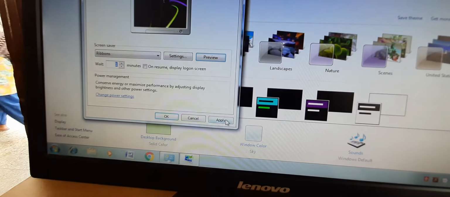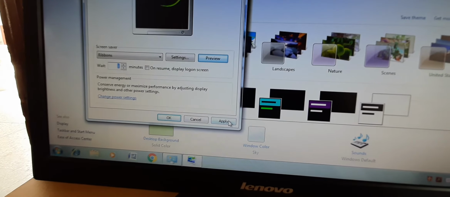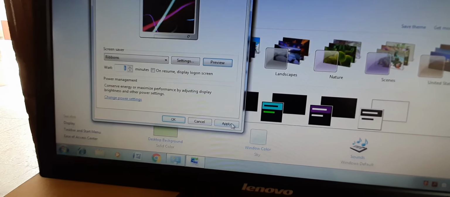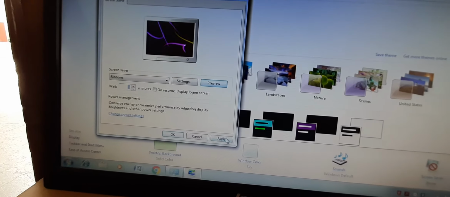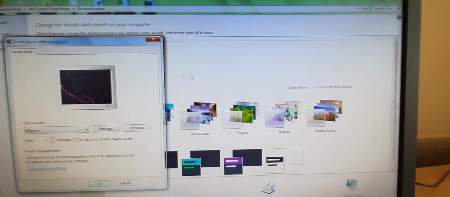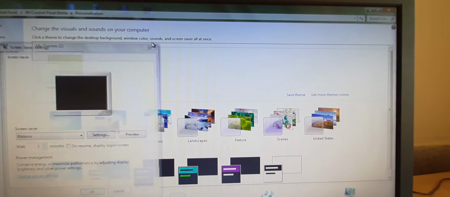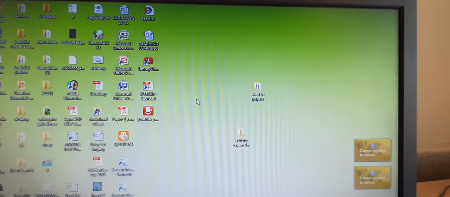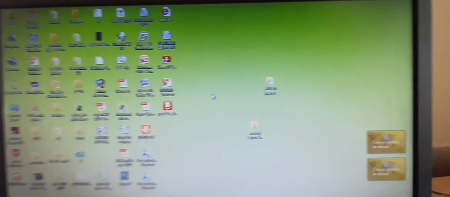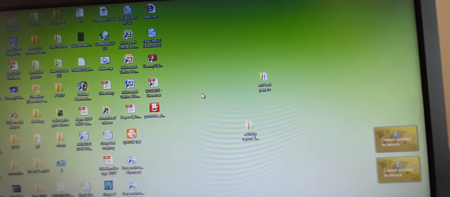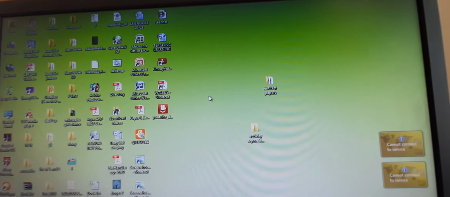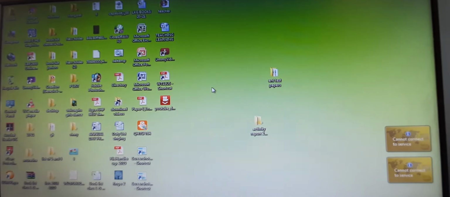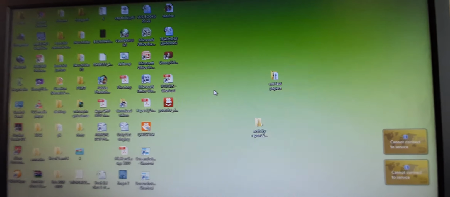After doing all this, you will click on the Apply button. This is very important, because if you do not click on this button, the changes will not apply. Then you close this window, and close this window also. Now we will leave the computer idle for 1 minute, because we have set the time that it will take for a screensaver to appear. If we touch the mouse or keyboard during this period, the screensaver will not appear.